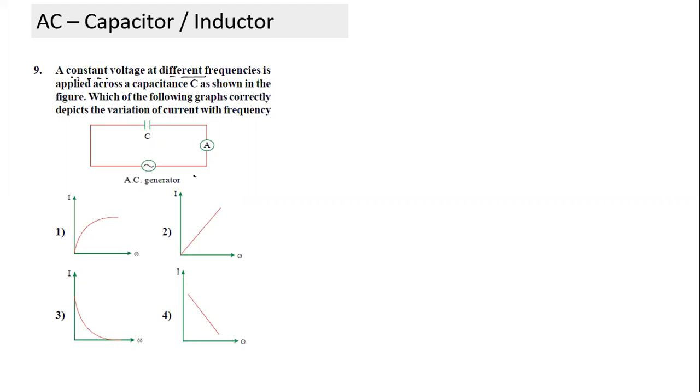So what we can write here is Vm sine of 2 pi f t. This is voltage. And what we are showing here, this term Vm is maintained constant. Which term is varied? F is varied. F is gradually increased. And for each one, we'll get a corresponding value of current. And current is plotted. The ammeter will give you the RMS value of current. What will be the shape of the curve?